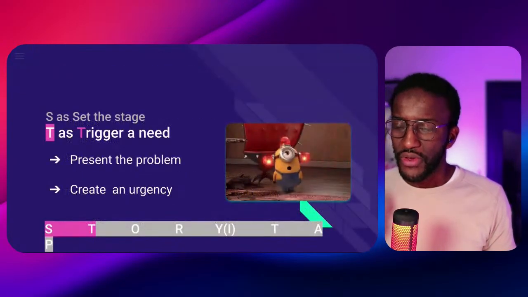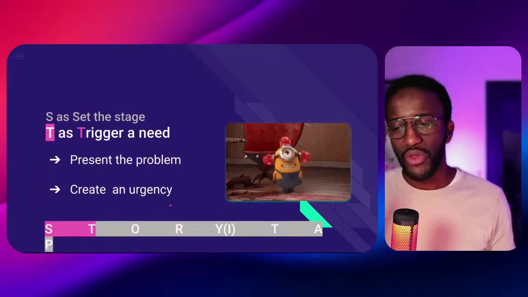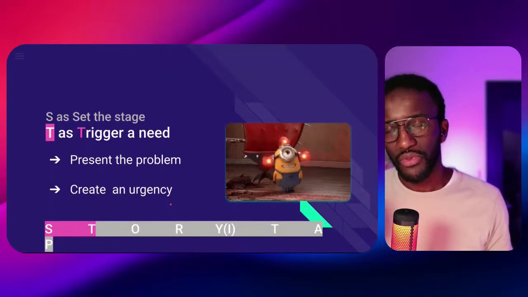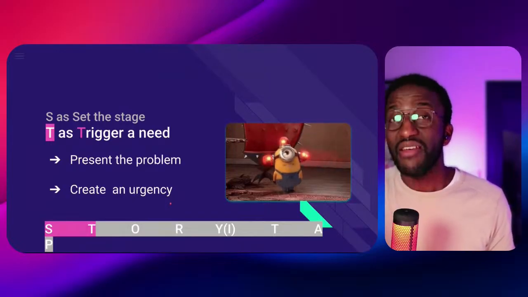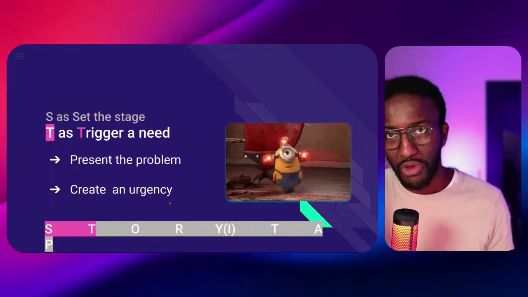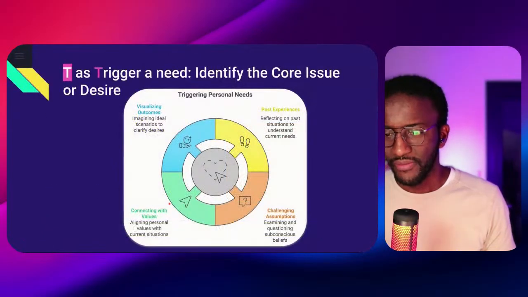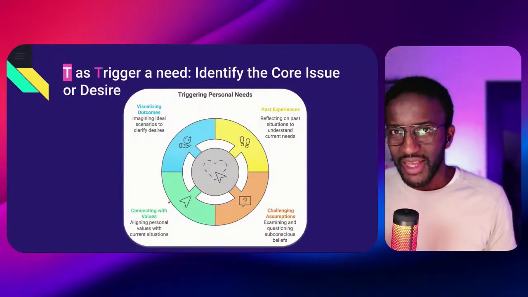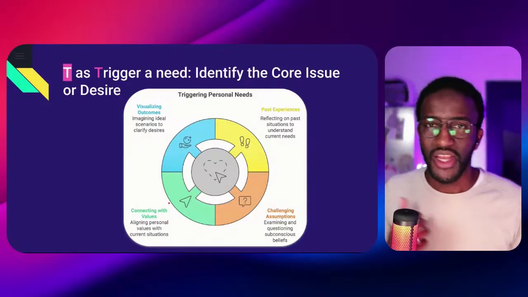Then after, the second step is trigger a need. T as in trigger a need. This is where you present the problem and you create a sense of urgency. In storytelling, you have to say what the elephant in the room is, and why we have to address the elephant right now. Having a kind of ticking bomb is something that can also create a sense of urgency. So, if we are talking about using Storytap for self-reflection, now that you have set the stage, the next step is to say, okay,